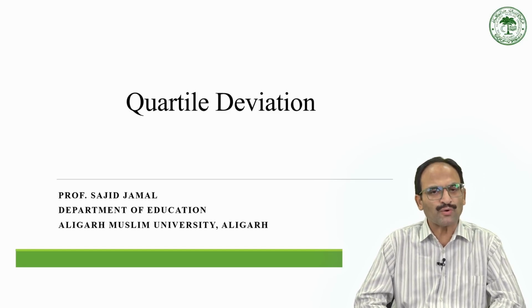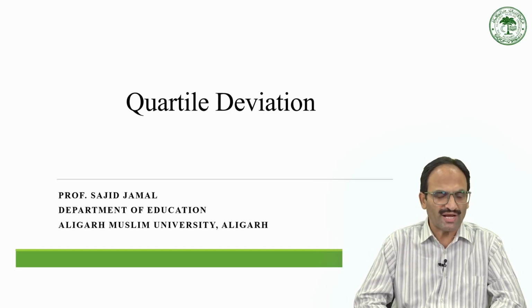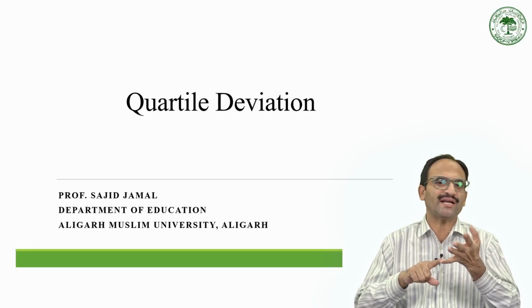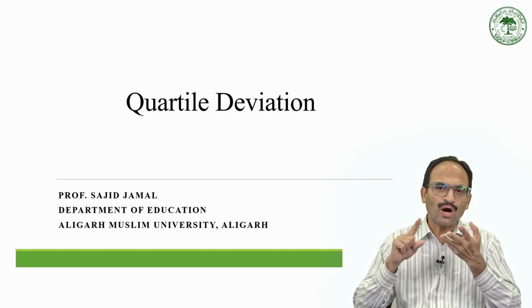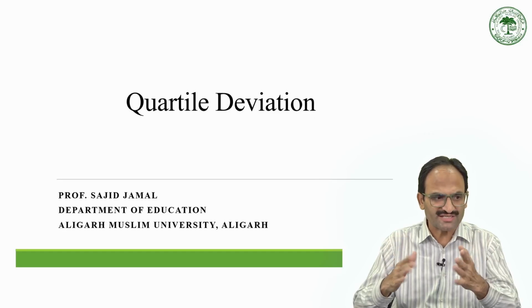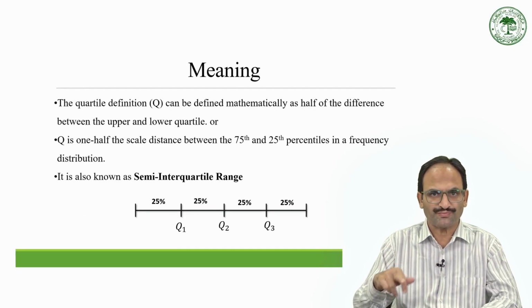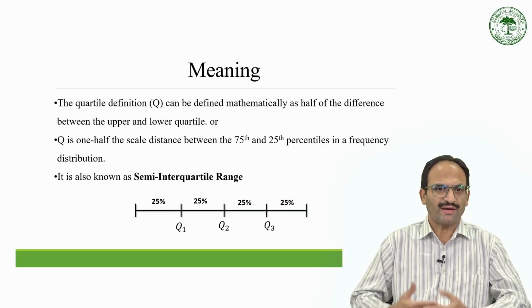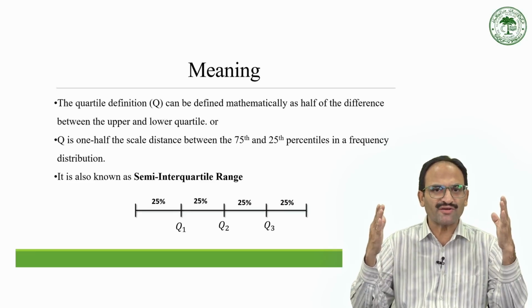We have also discussed one another measure of variability, that is range. So today we are going to discuss a very important measure of variability, that is quartile deviation. What is quartile deviation and how do we calculate it? All these we will discuss in today's class. So what is quartile deviation? What does it mean? If you see the screen, the quartile definition,